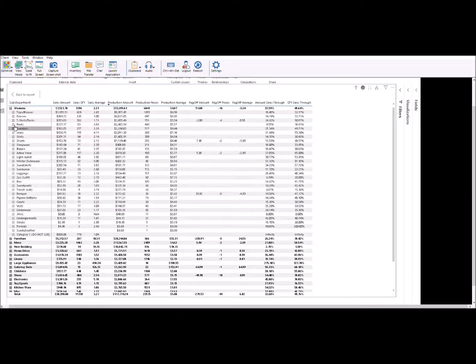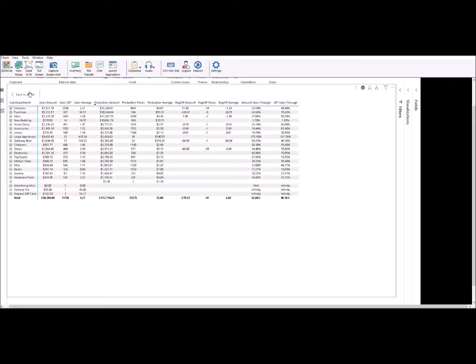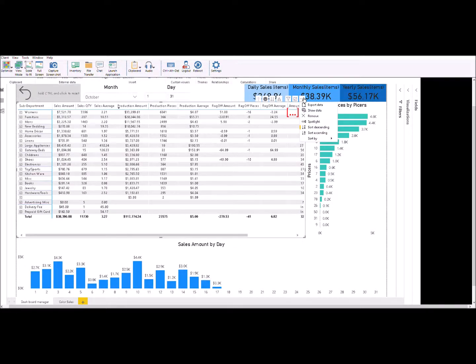So again, if we want to go back, we simply click this and we can go back. Information is sorting and sort by. So I'm going to show you kind of some cheating here. I can sort by department, sales amount, quantity, any one of those totals that are on that report